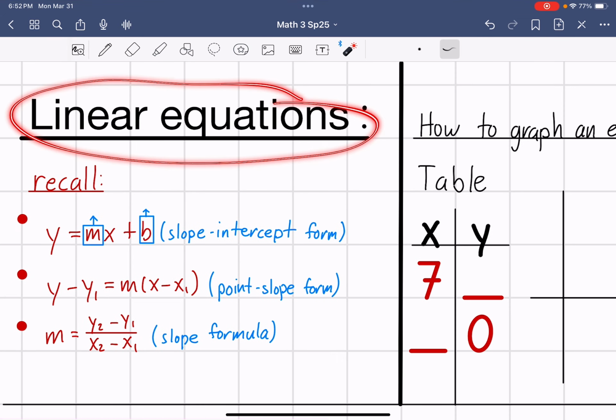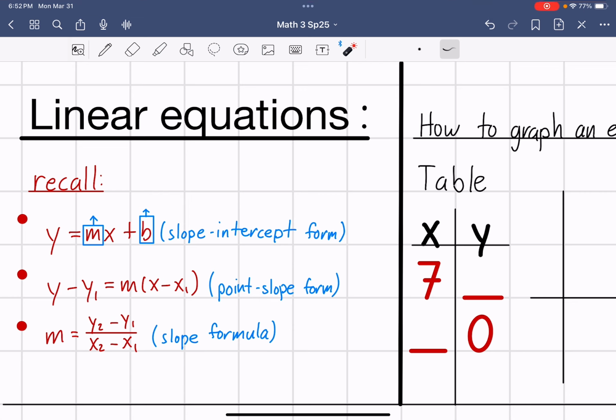look at a linear equation. These are the first type of equations that we graph on a coordinate system. Now, it's called a linear equation because if you look at the root word of linear, it does say line, meaning that these graphs, these equations, they make straight lines. And the way the equation looks is, this is one of the ones you might remember, y equals mx plus b, which is known as the